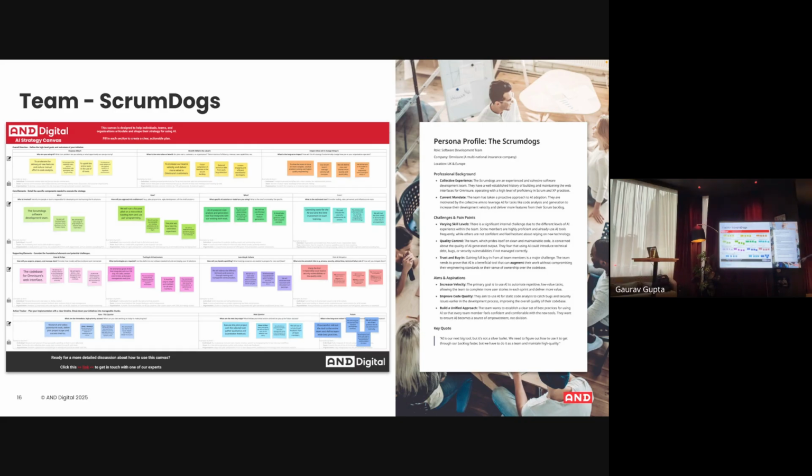The Scrum Dogs themselves are a web development team for a multinational insurance company called Omnisure. They are doing some software engineering and want to work out how to be faster. They're going to look at the cost, think about how to increase velocity, and make sure it's secure and doesn't produce loads of bugs. So as a software engineering team, they've got a set of risks and issues different to Helen's, because Helen's were about how she wanted to be better at AI and develop herself. So that's the Scrum Dogs, with their own set of ideas of how they want to work.